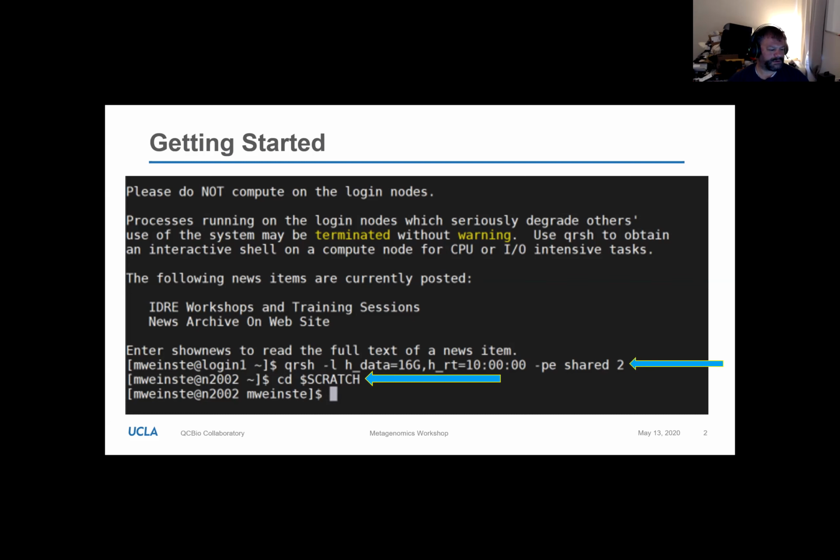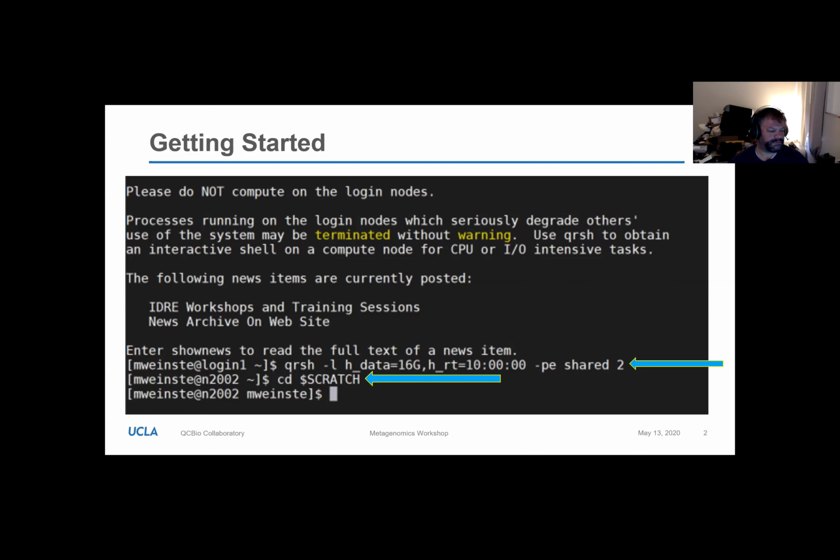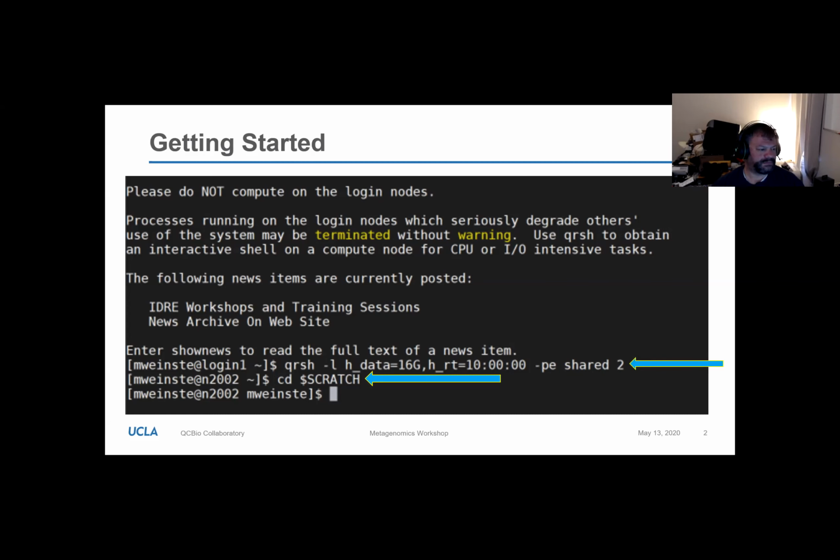And who is currently still waiting for their QRSH to start? Since I need everybody to have their QRSH going,